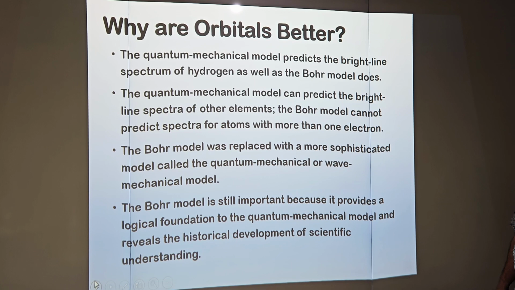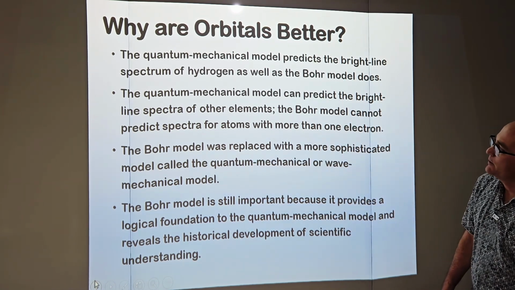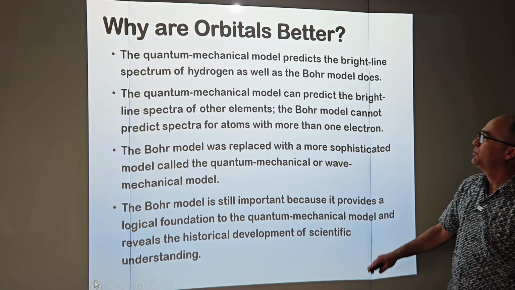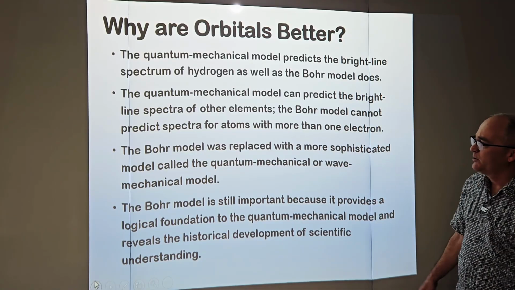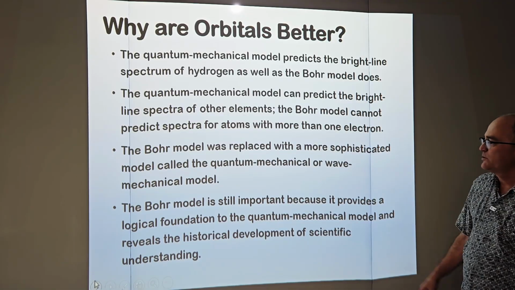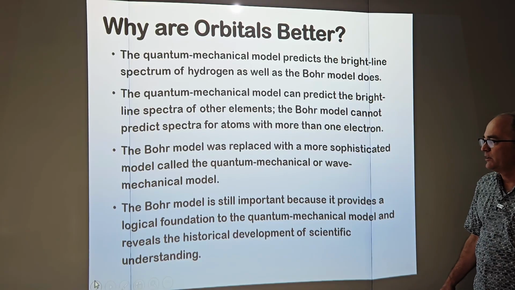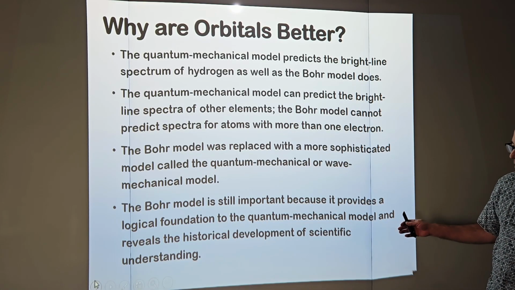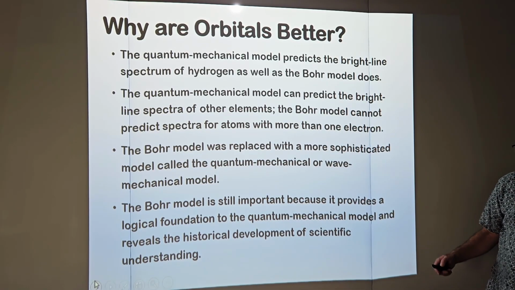Why are orbitals better? The quantum mechanical model predicts the bright line spectrum of hydrogen as well as the Bohr model does. The quantum mechanical model can predict the bright line spectra of other elements. The Bohr model cannot predict spectra for atoms with more than 1 electron. The Bohr model was replaced with a more sophisticated model called the quantum mechanical or wave mechanical model. The Bohr model is still important because it provides a logical foundation for the quantum mechanical model and reveals the historical